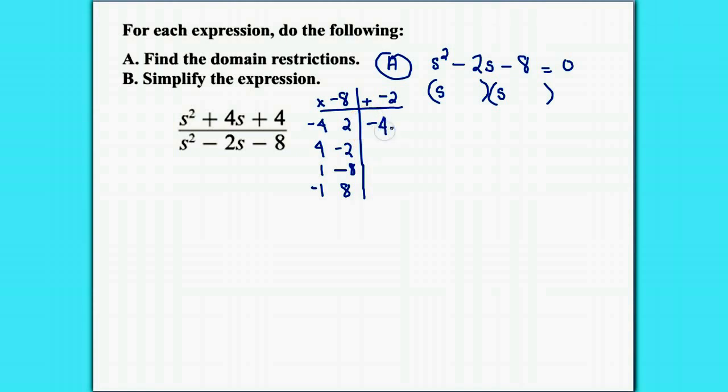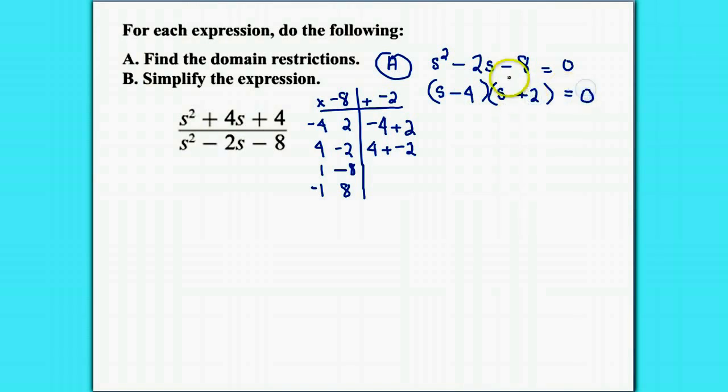Negative 4 plus 2, that would work. So we got lucky, our very first one. But you could keep going if you needed to. Just follow the idea down. 4 plus negative 2, close, that would give us positive 2, but we're looking for negative 2. So it's this first combination, negative 4, positive 2. So you just put those numbers in. Negative 4, positive 2